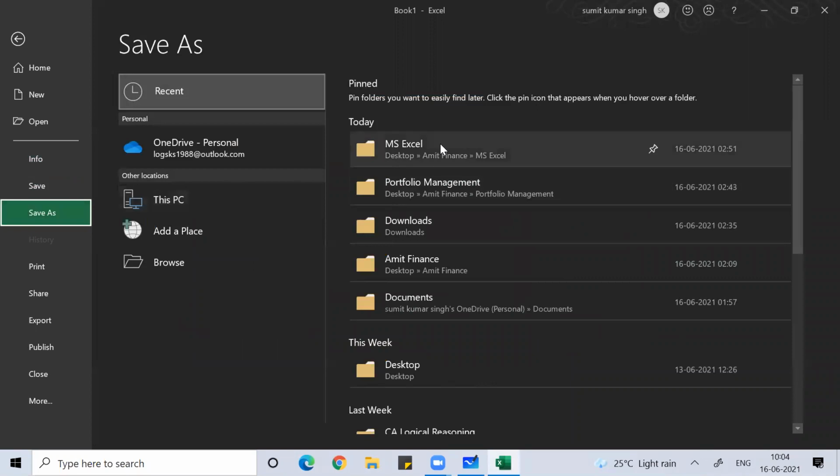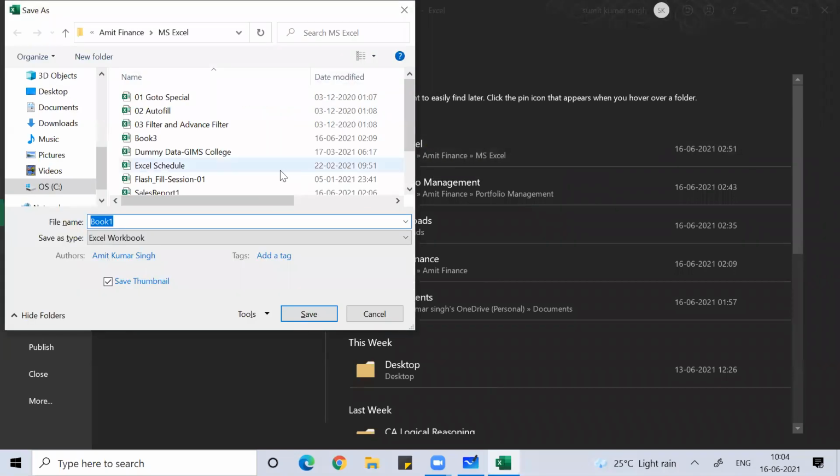With Save As, I can choose a defined location where I want to save this, and maybe give it the name demo. By default, whenever I save any workbook, it is saved as the Excel Workbook type, with the extension .xlsx.